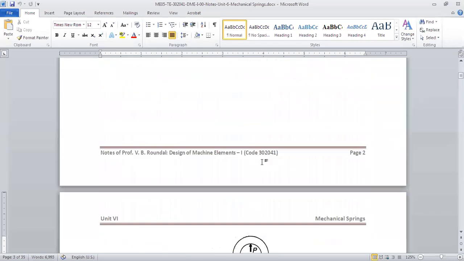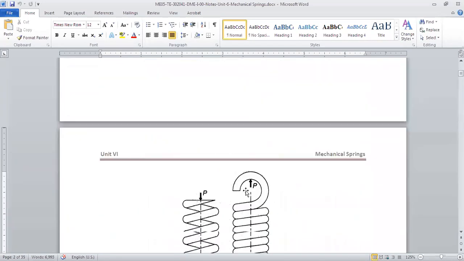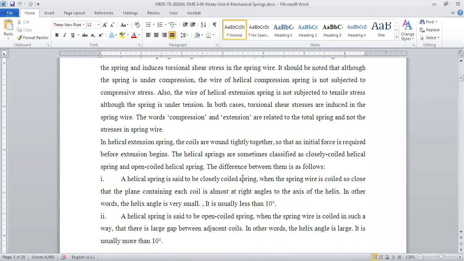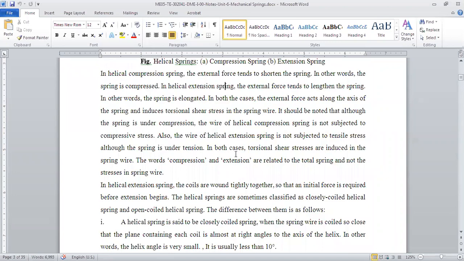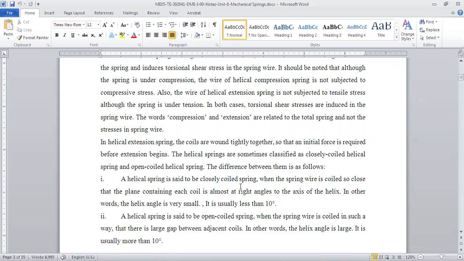Okay, and we'll talk about the torsion spring. The stress is different there. So basically in the helical spring, the stresses are not tensile or compressive, but they are torsional stresses, right? So as I said, torsional shear stress will be there because of torsion. It will try to shear and break, and that stress is called torsional shear stress, and we have to calculate those stresses. So while designing the helical spring, we will not be calculating the primary normal stresses, but the torsional shear stress, right?